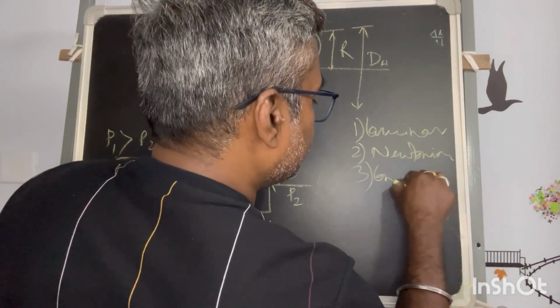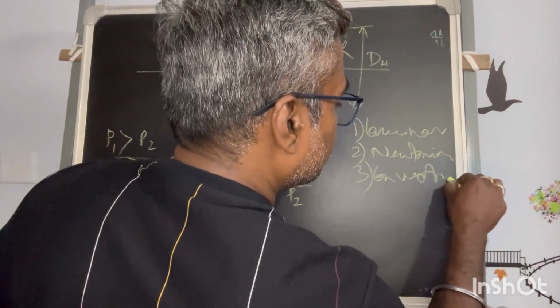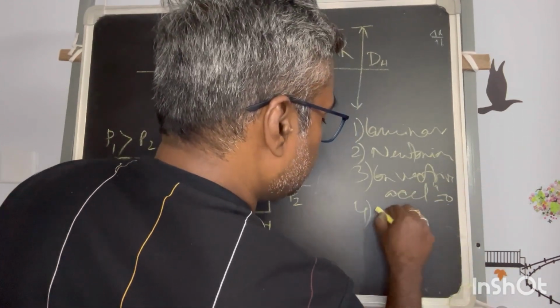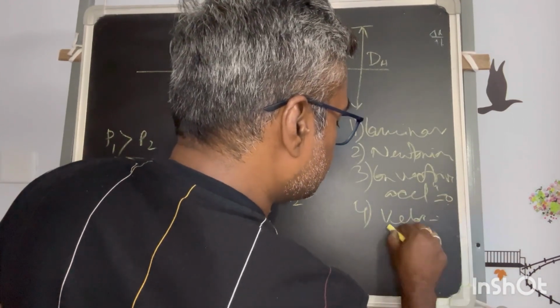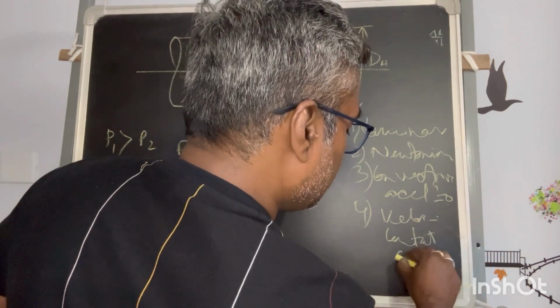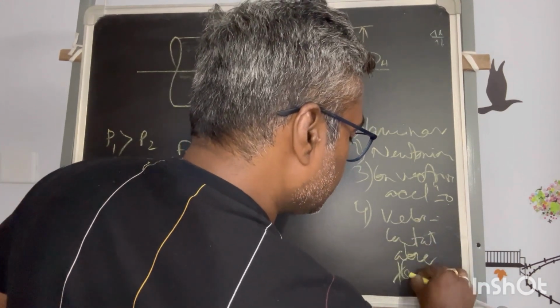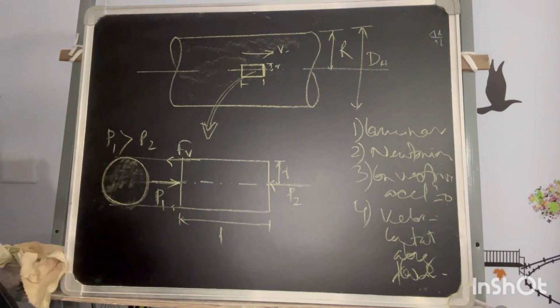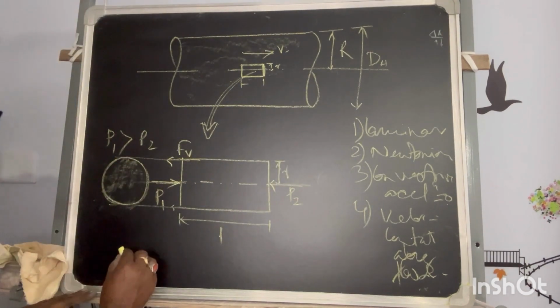Third one is convective acceleration is 0. That means the velocity is constant along the flow direction. So these are the assumptions. Okay, now if it is the case, so if net